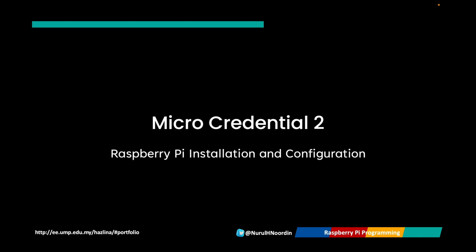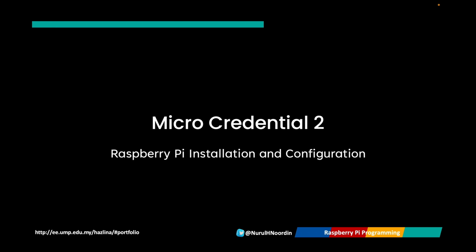This course is the second installment in the three-part series, which are Micro-credential number 1, Learning Python through Slider Game Development, where students develop programming fundamentals through an interactive game. Micro-credential number 2, Raspberry Pi Installation and Configuration, our current course focusing on setting up the configuration of Raspberry Pi on hardware interaction, and Micro-credential number 3, Raspberry Pi Programming, where students take their skills further by coding interfacing with